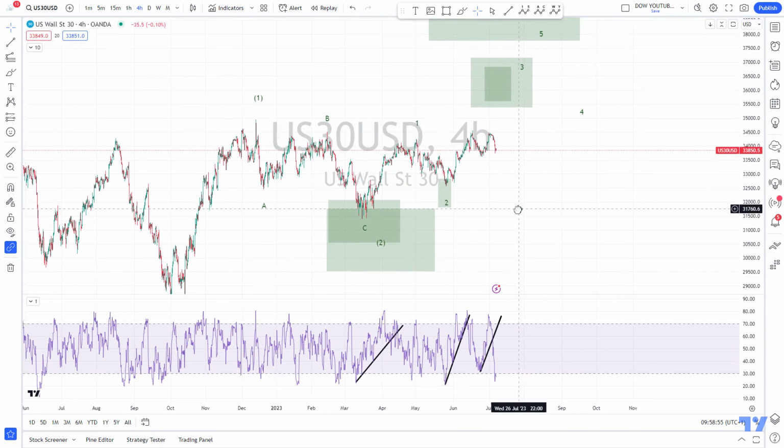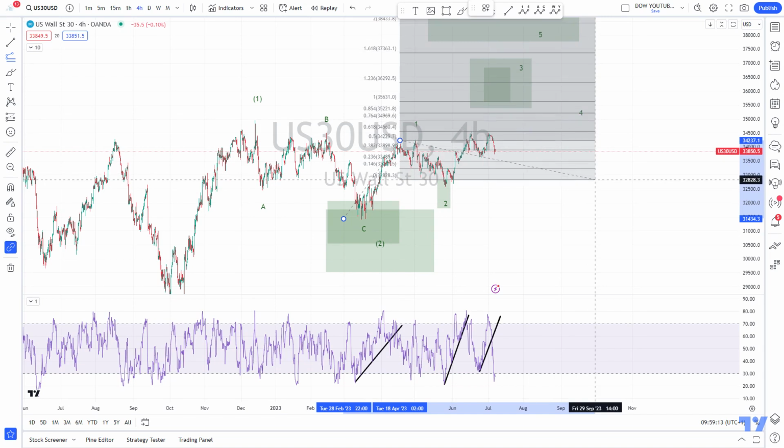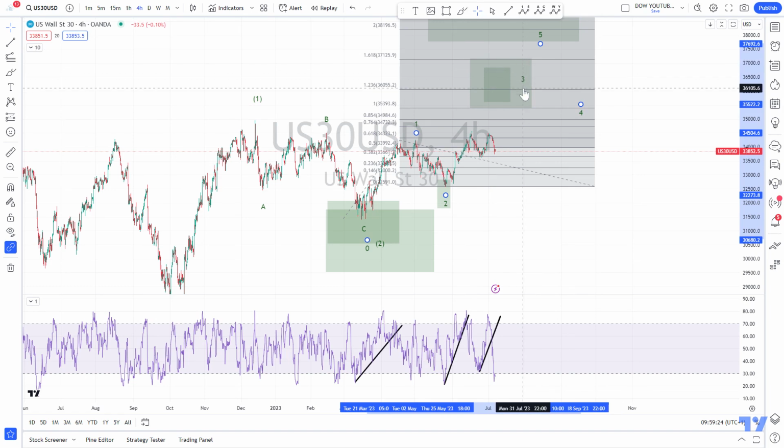And so here, if this was our wave 1 and this was our wave 2, then we already know the target for our wave 3. I'm sorry, I want the Fibonacci tool, of course. This wave 3 we can find by taking the length of wave 1, the length of wave 2, and then we should go into this area. This becomes our target here, the area between the 1 and the 1.618 FIB extension for this wave 3.